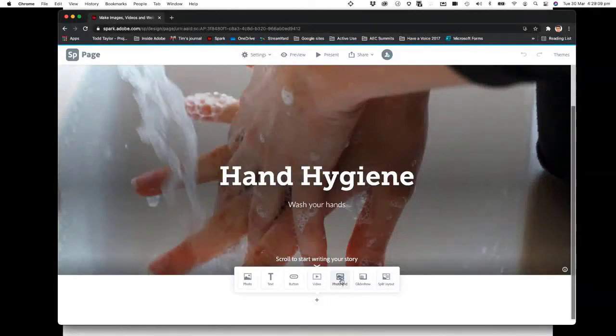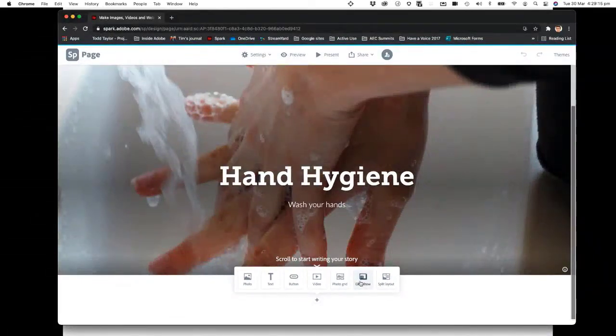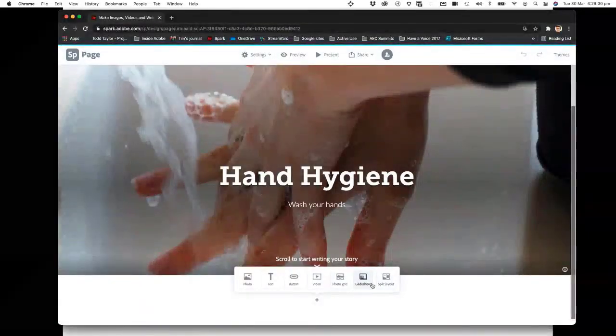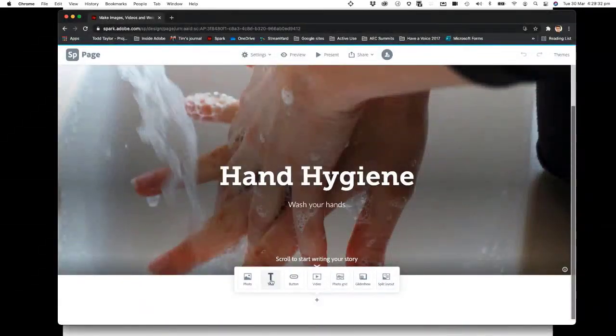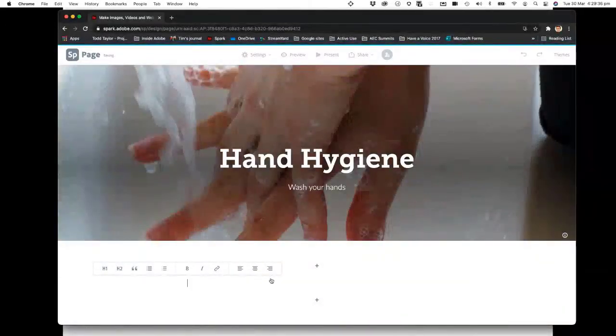Photo grid is like a gallery of images that you can display. The glide show is a beautiful way to present, with images floating over the top of other images, or text floating over the top of an image, or even a video floating over the top of another image. We'll have a look at that a little bit later. And the split layout, obviously image on one side, text on the other. So I think we might just go to text to start with,